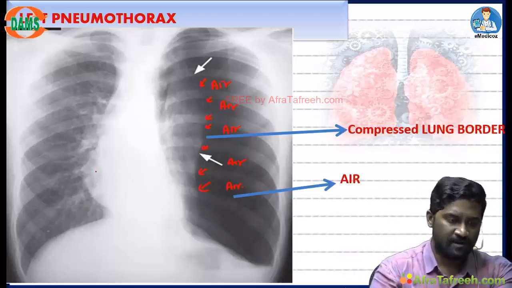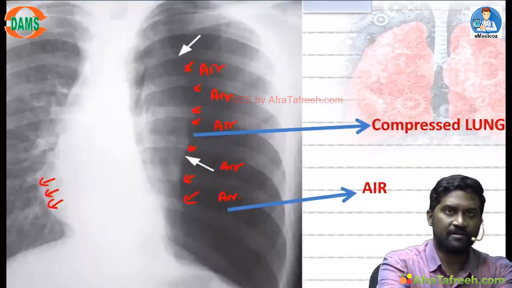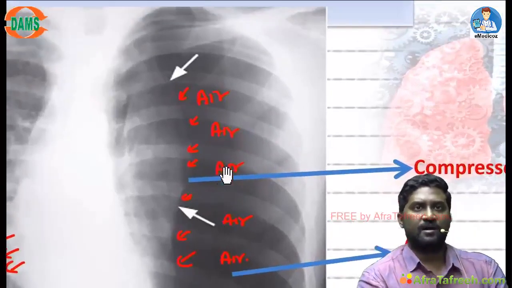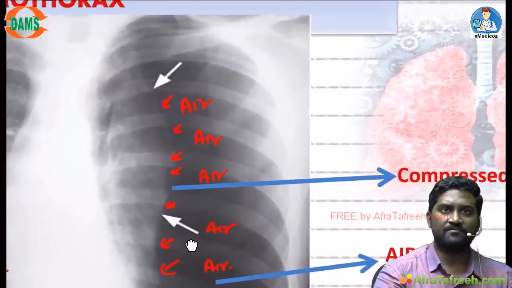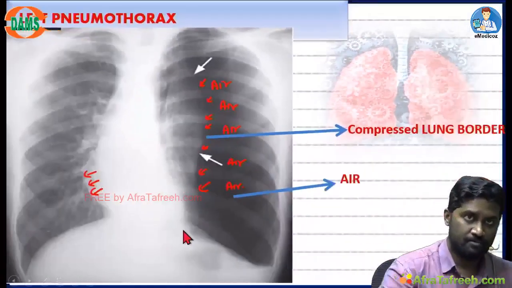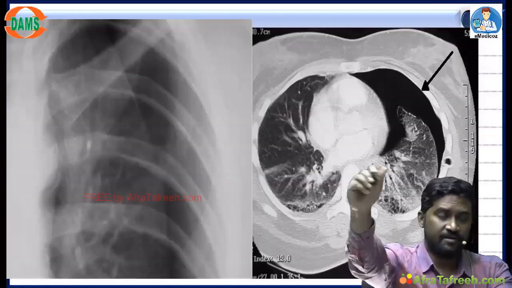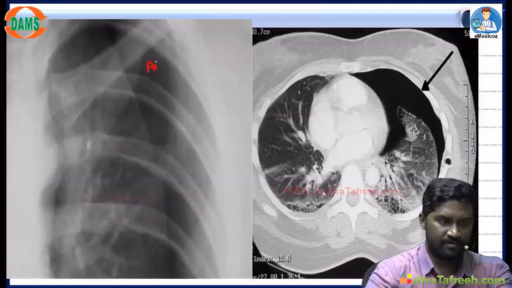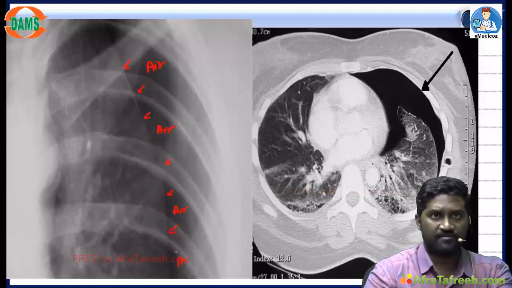If you keenly see, there is also mediastinal shift because pneumothorax is a pushing lesion. Can you notice this, students? Air filled hypertranslucent area with compressed lung margin. This is characteristic of pneumothorax. To make you understand better, see in this also you are able to identify air filled area. Against that there is compressed lung margin. Can you notice this compressed lung margin?